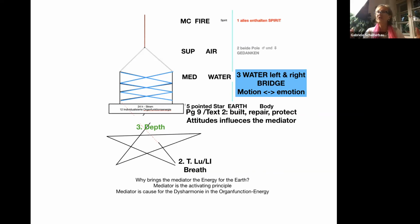to the 24-hour circulation, what we call 12 individualized organ function energy. To that energy, what is the earth brings the mediator flow through this line. You see the red line. It's a gateway into your life. That's a transformation. And that only can do the mediator flow because he is combined with the Holy Spirit energy,